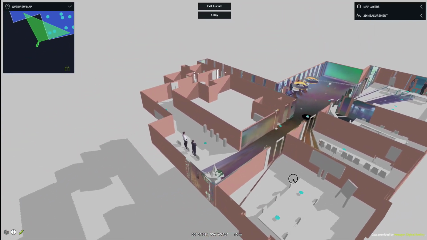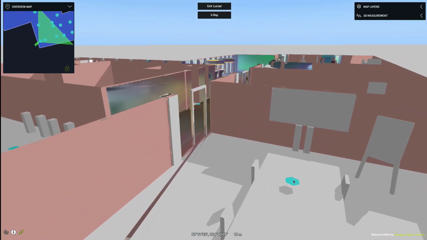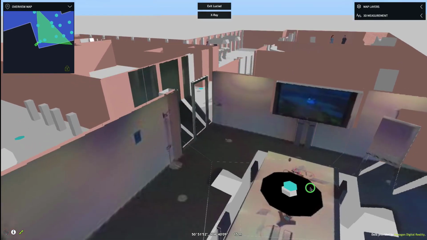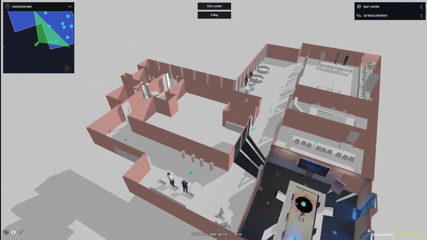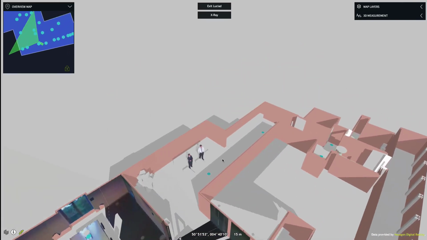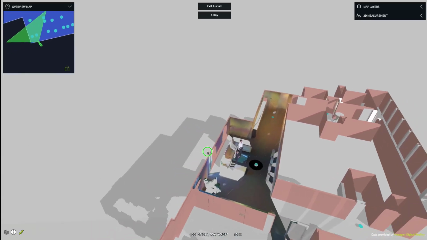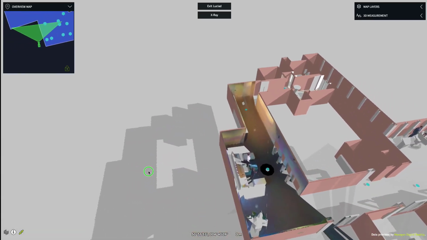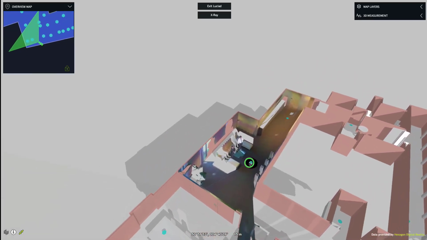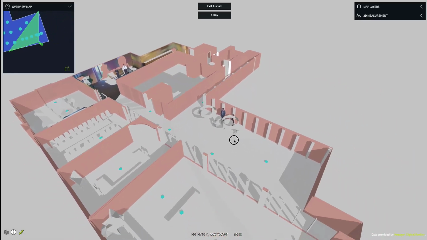For instance, I can just zoom out. I can see the direct line of sight of what the sensor was able to see at the time that I actually made the recording. For instance, if I select another one, I can see what it was able to see at that point in time. And the second thing is I can take this low detail architectural model and I can make it more detailed by augmenting it with the panoramic image data,